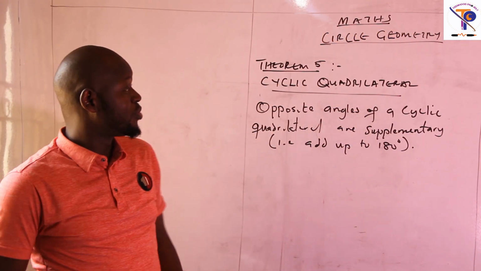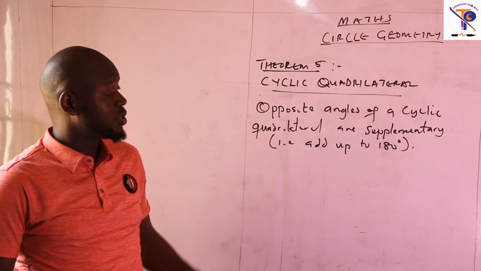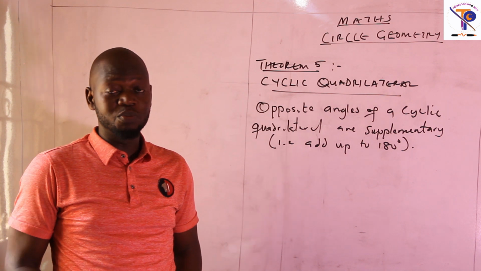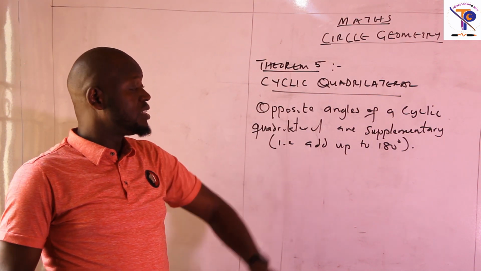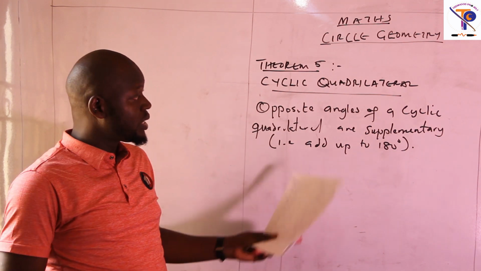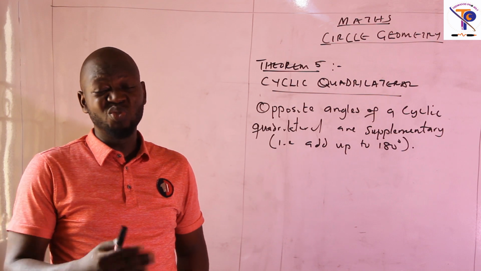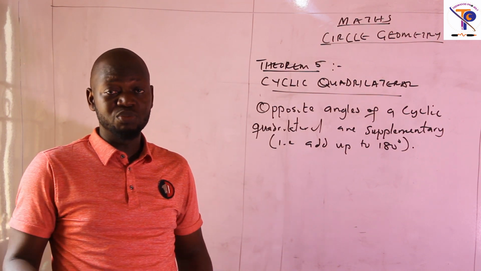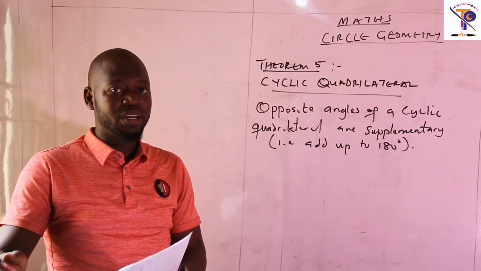We want to continue from where we stopped. Circle geometry. I told you it's in series because we have some theorems that we have to talk about. So after this cyclic quadrilateral, that's the fifth theorem. We'll have to check two to three exercises. We check them together. Then we move to tangent. That is another segment of this